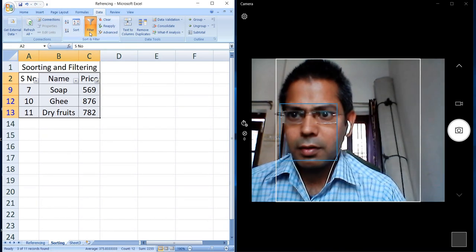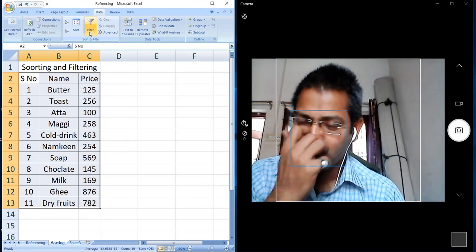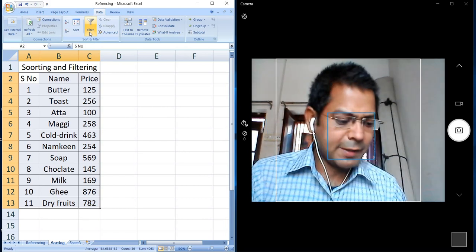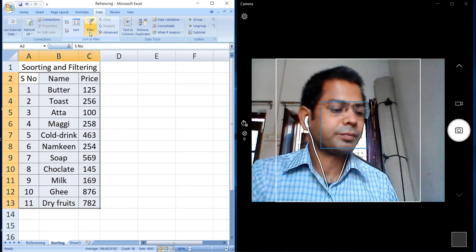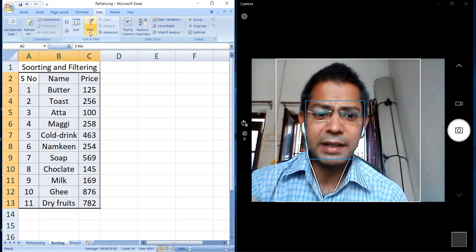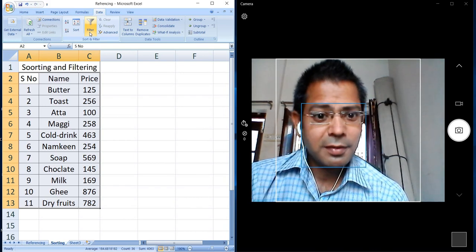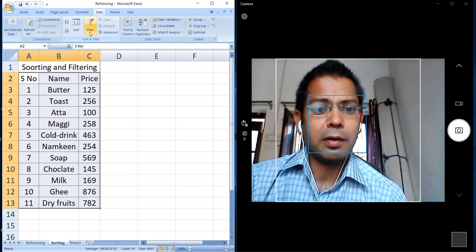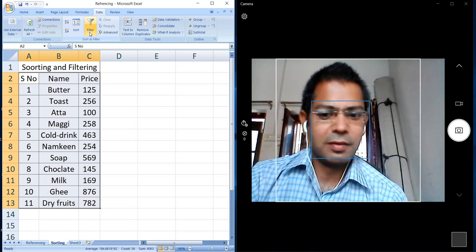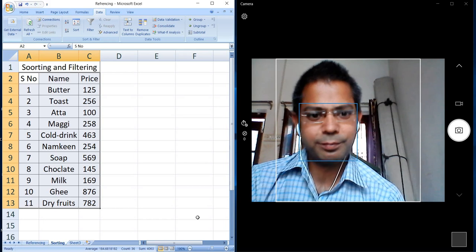Now remove the filter, so you see all the records are shown. So that was the filtering of data, and sorting of data has been done with an example. You can also do it at your home if you have a laptop or computer with you. So you must try it. In the next session I will try to tell the next things. Thank you.